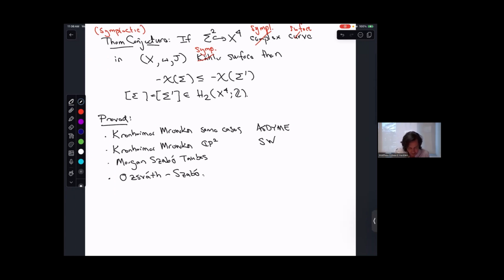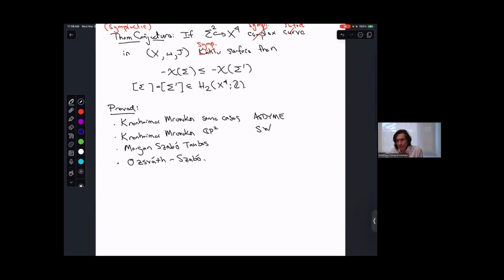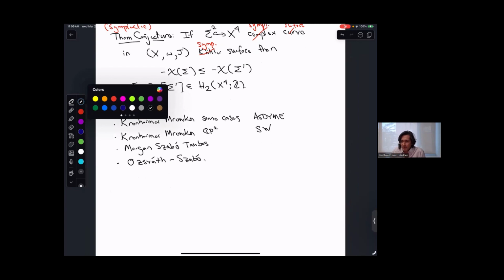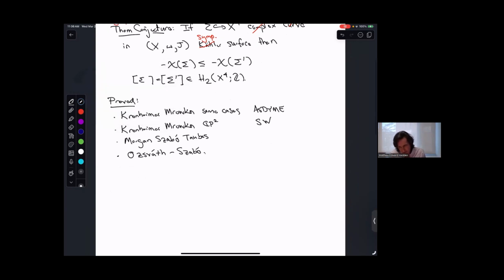Indeed the symplectic Thom conjecture in many cases was proved for surfaces of positive or non-negative square. So let me remind you how this goes, because we're going to try to think about a development along similar lines of a relative version of all this. So the first ingredient is this classical